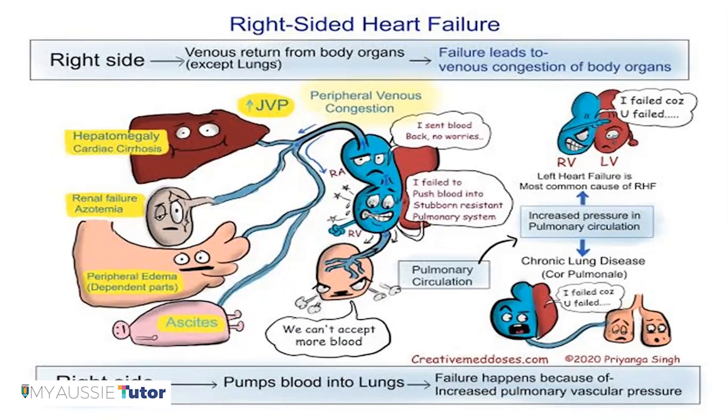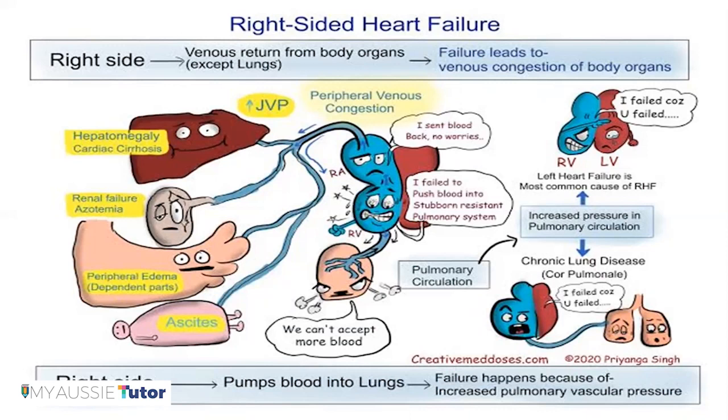It also causes hepatomegaly or cardiac cirrhosis, renal failure, azotemia, and peripheral edema in the dependent parts, that is the feet or the GIT, causing ascites, because the body is unable to accept more blood due to peripheral venous congestion. The other thing that happens is because of increased pulmonary vascular pressure,